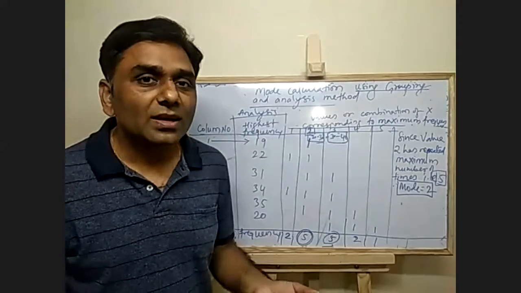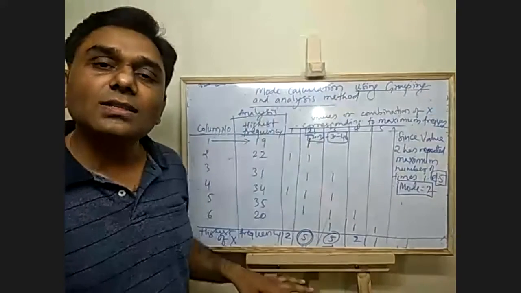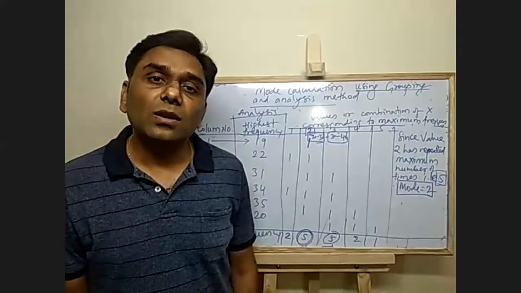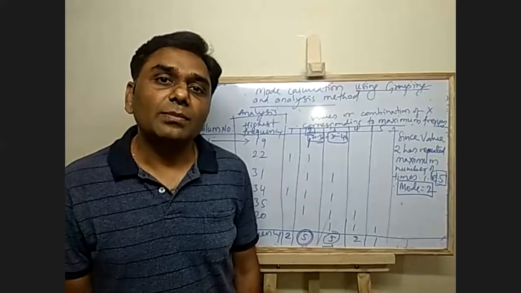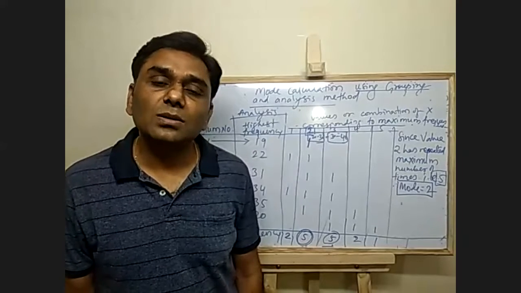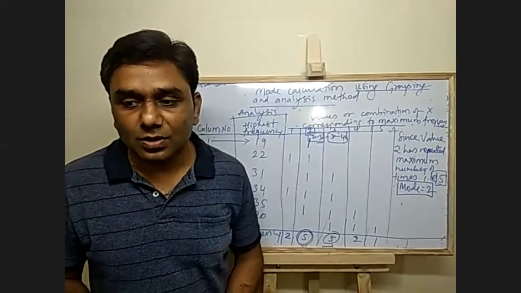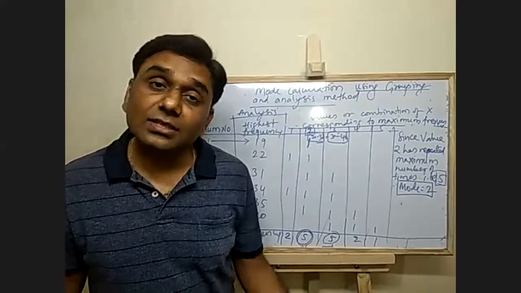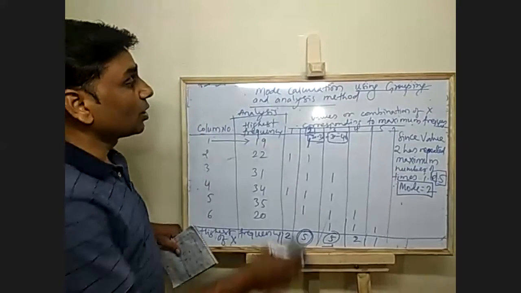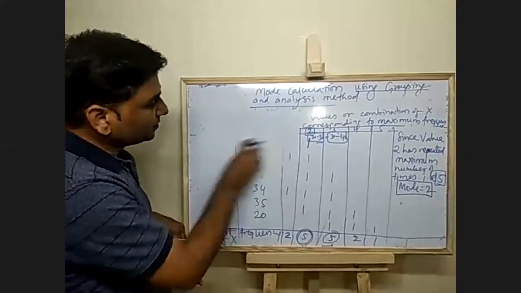mode? So again go back to the empirical formula. After doing all this calculation, you will have to go to the empirical formula, calculate mean, calculate median, and then using the empirical formula, calculate mode. Okay. So that is going to be one of the lengthiest problems which you people will have to solve. Sometimes it might happen that you may get such a case also.